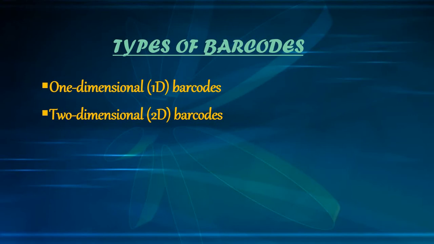So we currently have two types of barcode systems: one-dimensional or 1D barcodes and two-dimensional or 2D barcodes. A two-dimensional barcode can hold a significant amount of information, and it uses patterns of squares, hexagons, dots, and other shapes to encode data. Because a 2D barcode can hold more information than a 1D barcode, it appears physically smaller, and it is used in a wide range of industries from manufacturing and warehousing to logistics and healthcare.